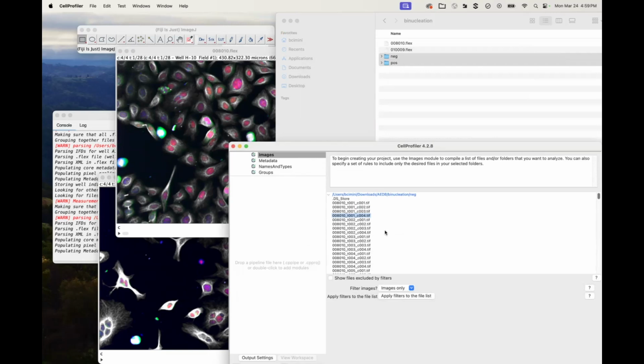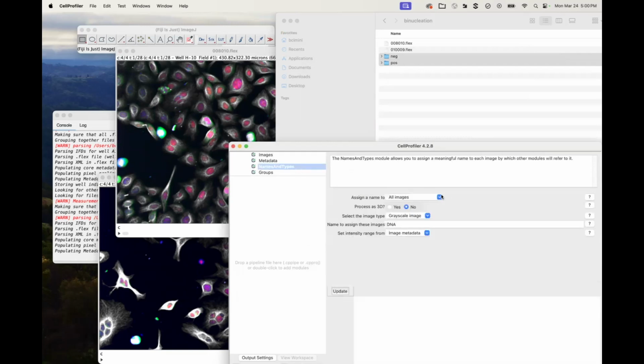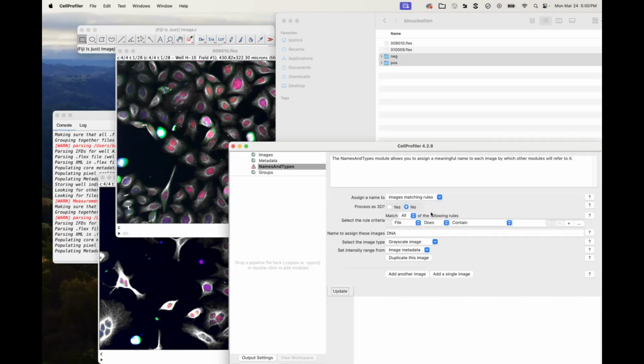I've loaded all of my data. I know the way that it's telling the difference between the different channels. It's with this C thing that we told ImageJ to make. So if I go to my names and types module, all I need to do in order to tell names and types what my different channels are is I can say if a file has C001 in it, it's a DNA image.